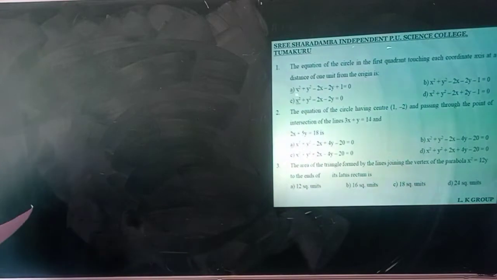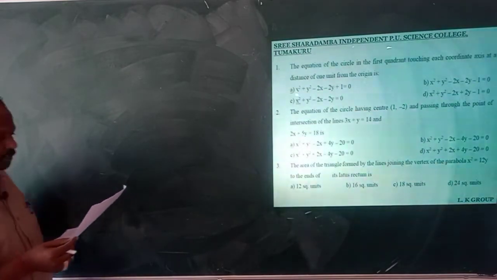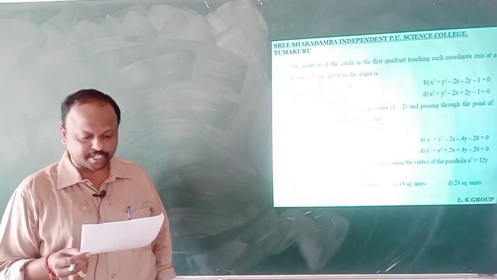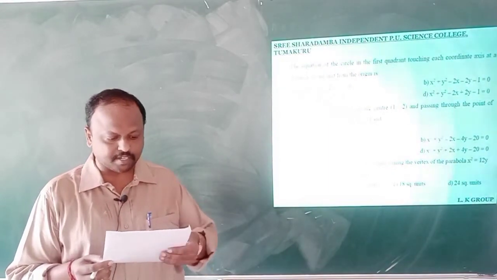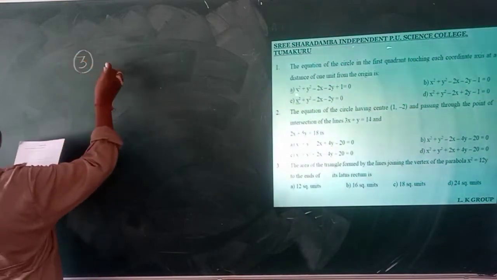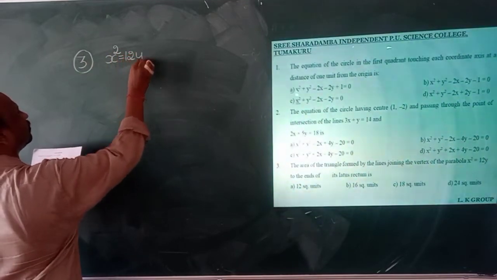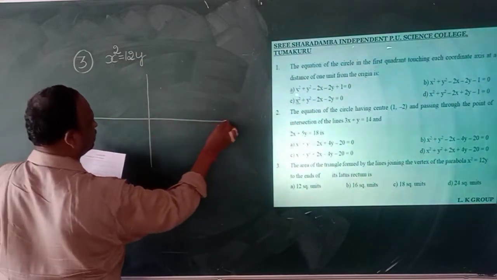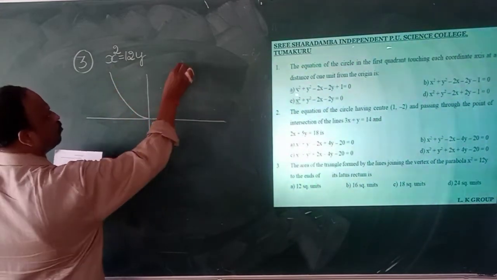Next one. The next one is related to the parabola. You can observe the area of the triangle formed by the lines joining the vertex of the parabola x square is equal to 12y to the ends of the latus rectum. The area we have to find. x square is equal to 12y. As you know, x square is equal to 4ay is the parabola which opens upwards